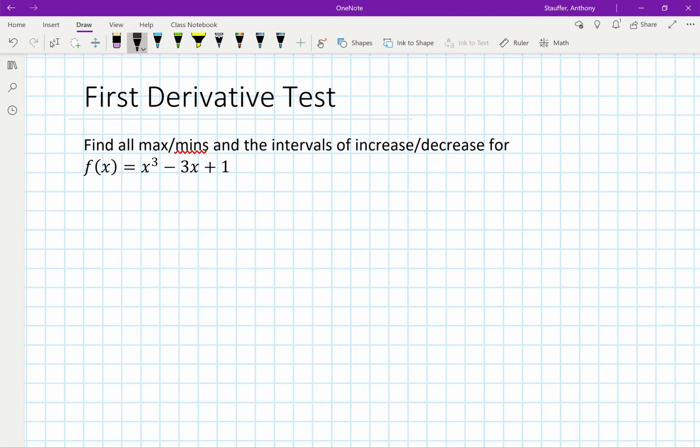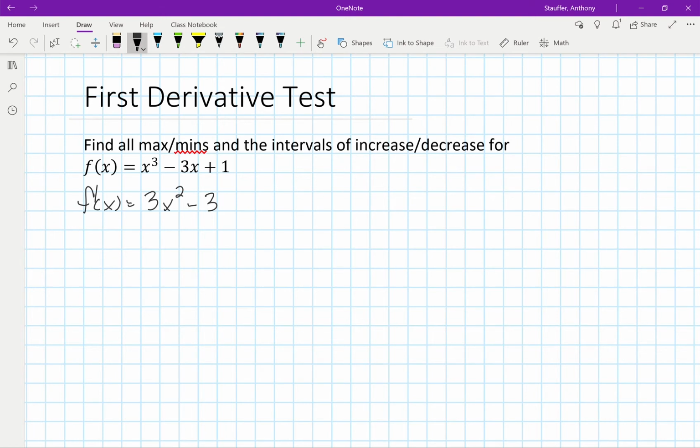And quite honestly, since I named this the first derivative test, the pretty obvious first step is we're going to take the first derivative of this. So I get f prime of x equals 3x squared minus 3. Okay, so now that we've got f prime of x, we want to find the intervals of increase